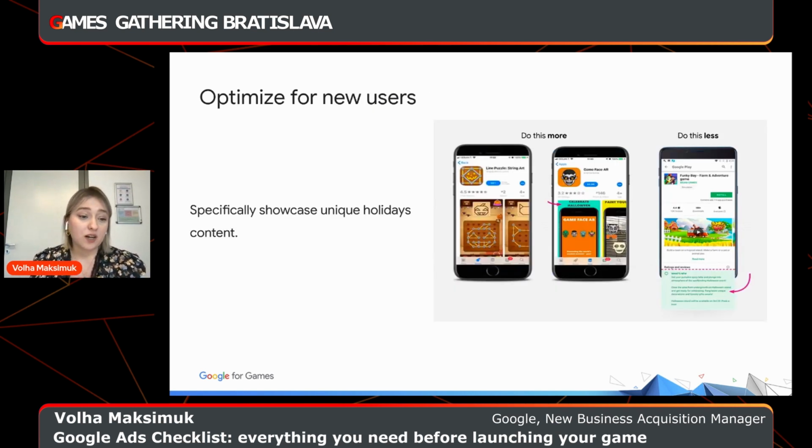And when it comes to customizing and optimizing, make sure you showcase your unique holiday content in the app stores. Do not hide it in the what's new section. Change the screenshots. Make sure you're putting this information inside. Make sure that not only your icons, but generally everything the user sees when they're still making a decision whether they want to install your app is there. They want to be able to know that, hey, you have this amazing Halloween event that they can take part in. This is something that also will ensure bigger success in this campaign.